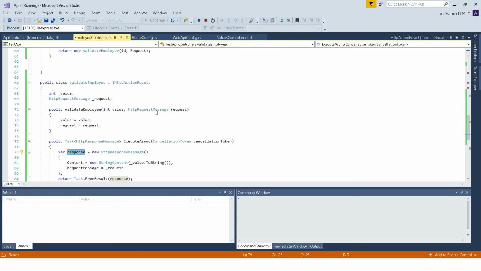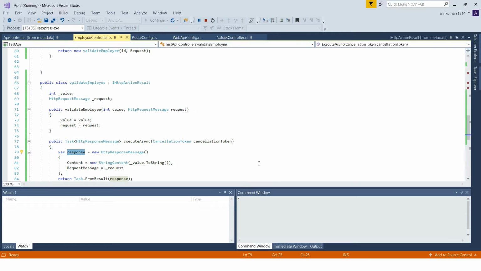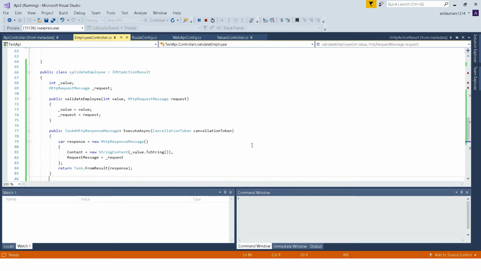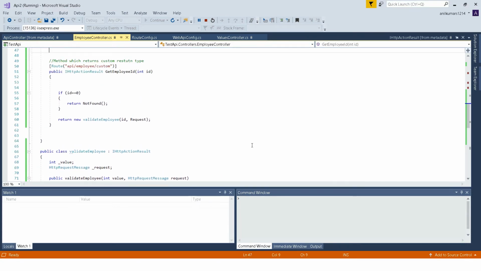Sorry guys, something is wrong with my mouse pad, just give me a second. So I am returning this class, but the return type is IHttpActionResult, you can see.